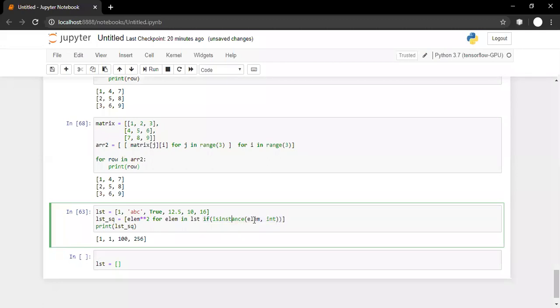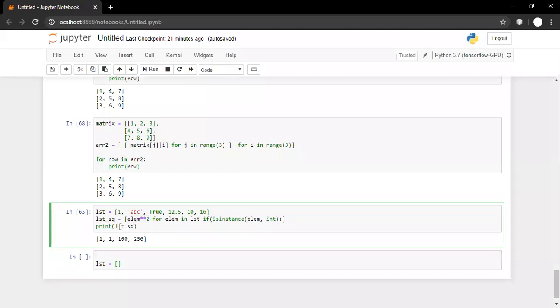Only those elements which satisfy this criteria, like 1, True, 10 and 16, are returned over here. Those elements which do not satisfy the criteria are not returned. So only 1, True, 10 and 16 will appear over here, and then it will calculate the square of those numbers and store them as a part of a list.